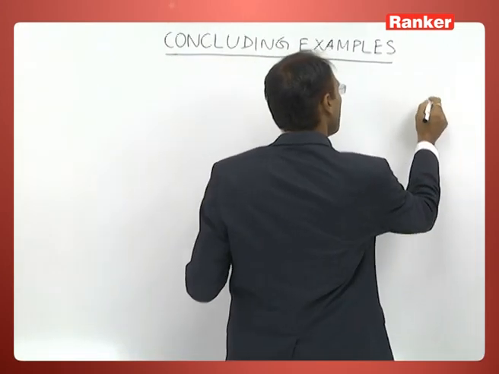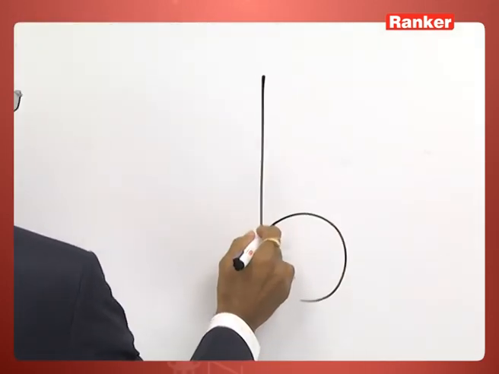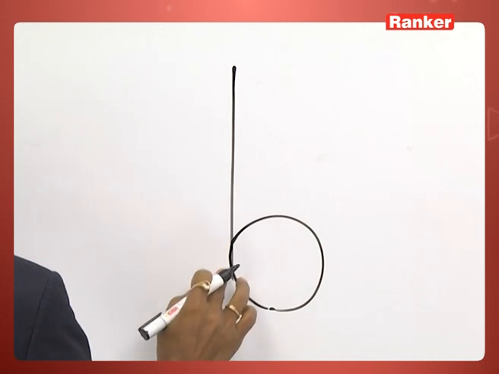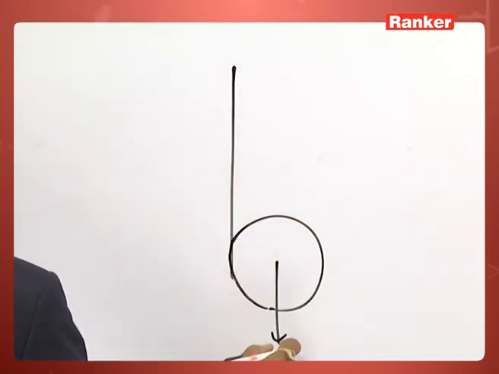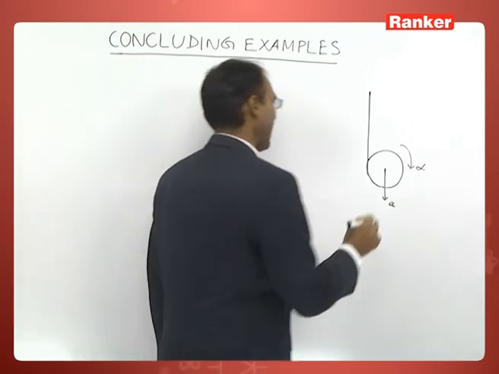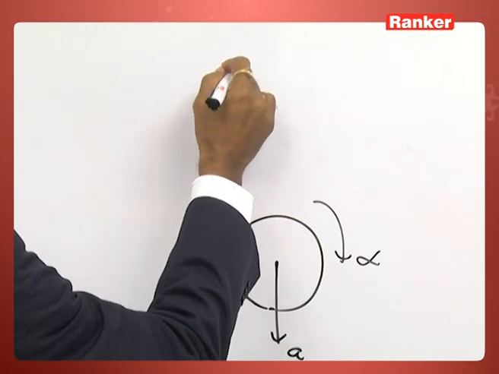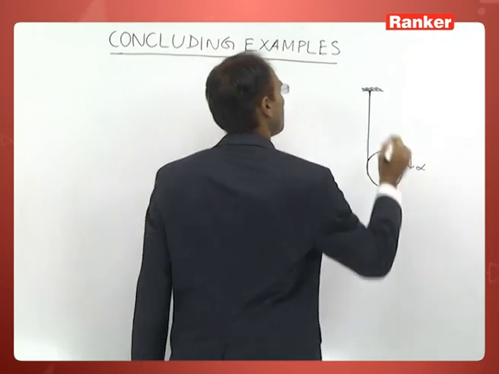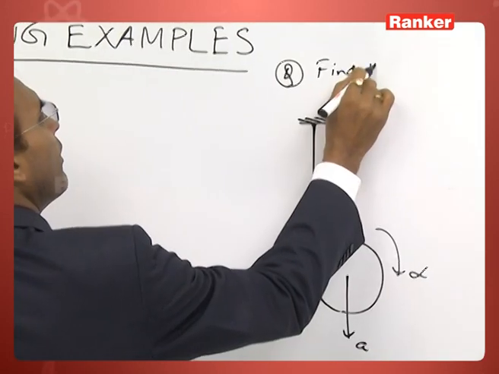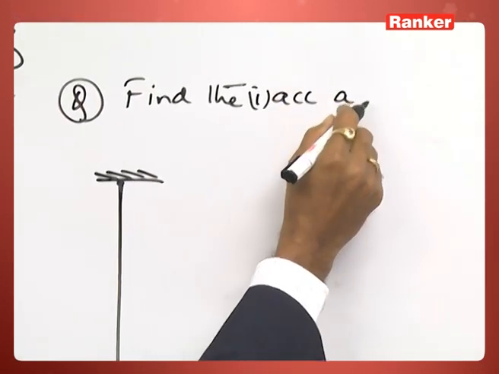Let us take another example of a cotton reel which moves down with certain acceleration, and alpha will be its angular acceleration, and let us assume that this point is fixed. Find the acceleration A and alpha,